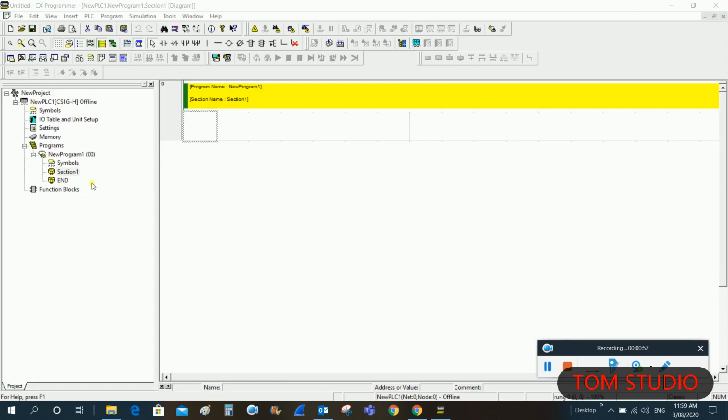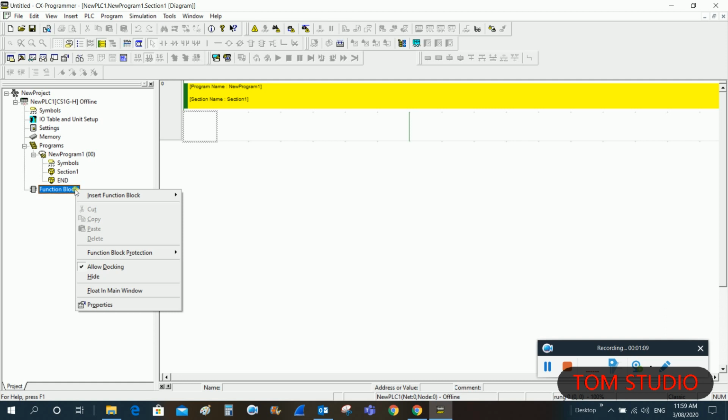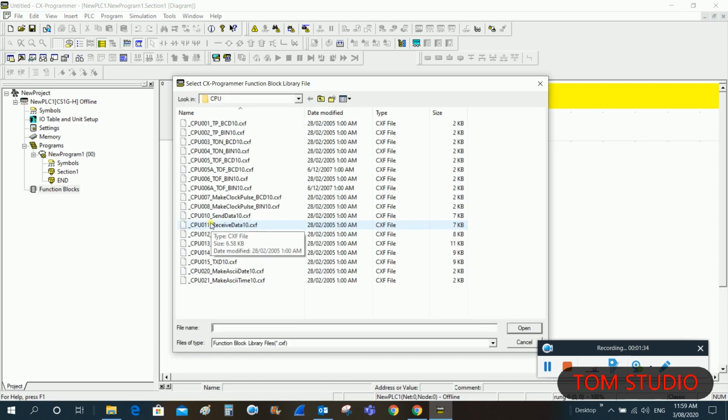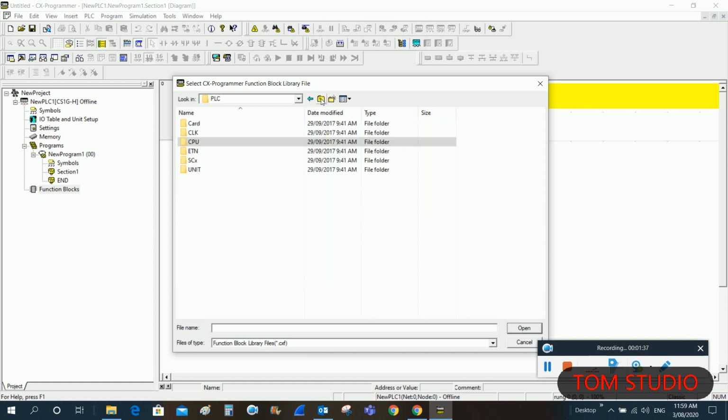Once I create a PLC project, on your left-hand side at the bottom, we can see the function block option. If you right-click, you can easily insert a function block. The first option lets you create a function block by ladder or structured text. As I said earlier, this time I'm going to show you how to use Omron predefined function blocks. So we just click on From File, and it will direct you to Omron's function block